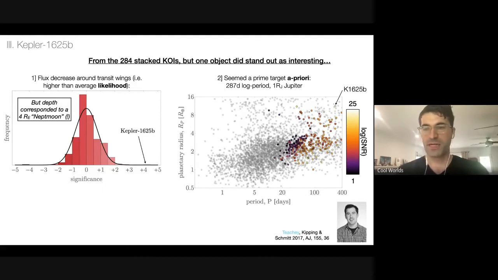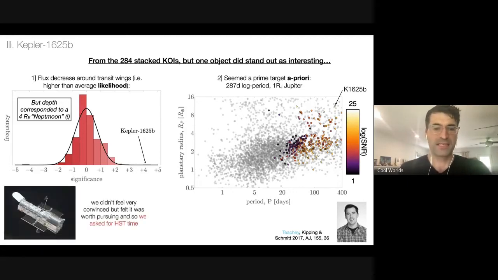It is a long period 1AU Jupiter-sized planet on a circular orbit. We can get its circularity from the shape of the light curve. And it has one of the highest signal to noises we would expect. This is sort of assuming it has a certain size moon. I think in these cases we assume the largest moon it could dynamically hold on to. What would be the signal to noise of that transit? And you can see it is basically the highest. So everything about this target is even a priori the best, and it has a hint a posteriori of having